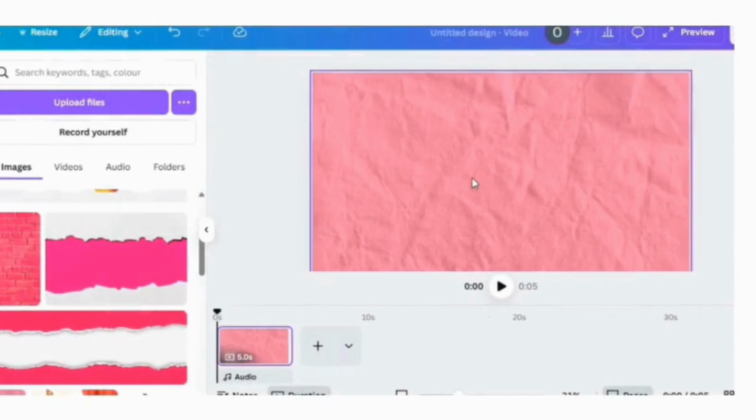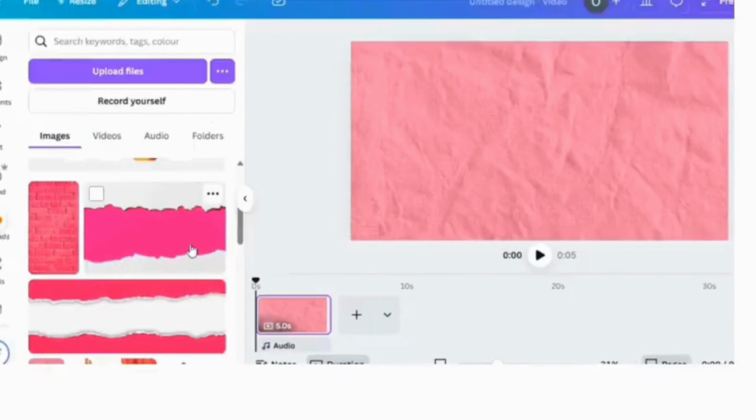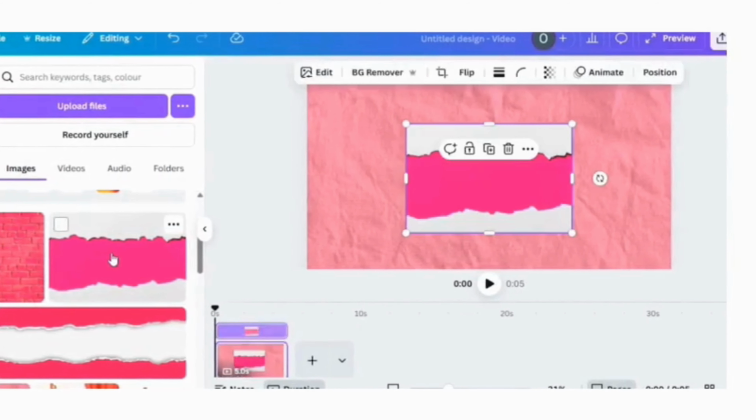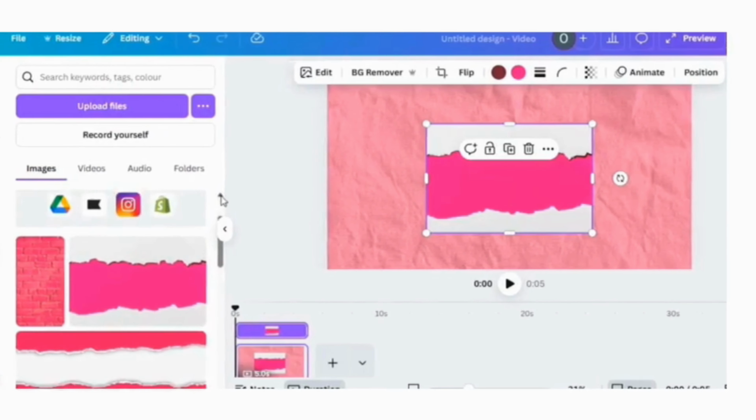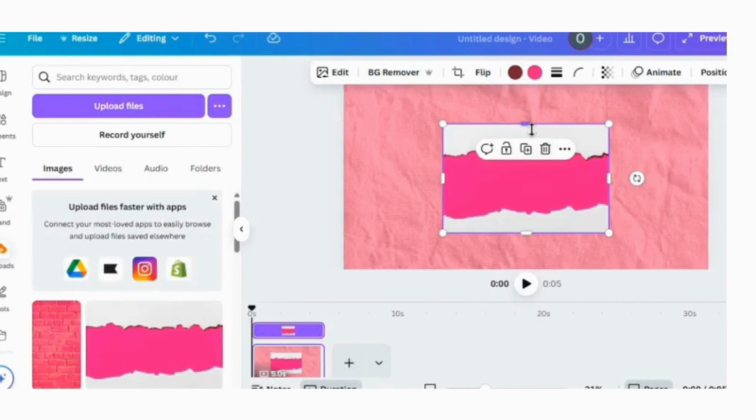Guys, welcome back to another YouTube video, and today I'm going to show you how to create your YouTube intro in 12 minutes. So I went ahead and added in my background because I wanted it to have a textured